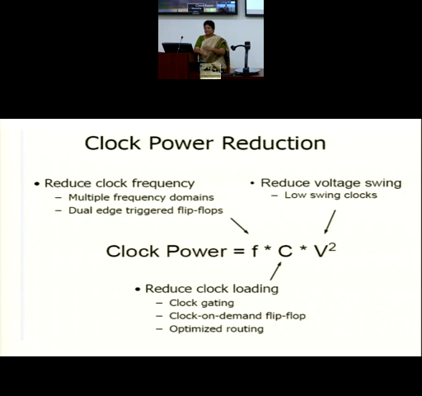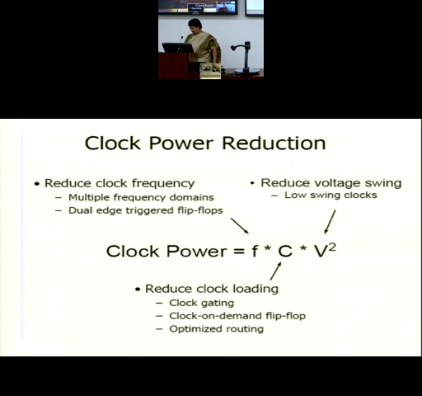Apart from that, as I said, reducing the output swing and working with a dual VDD approach also helped us in reducing power. All these techniques applied mainly to the clock distribution network along with the processor. You can see the result now with your mobile phones: the interval between charging is increasing. That is mainly the result of all the work done by our designers to reduce the power consumption and increase the battery life.